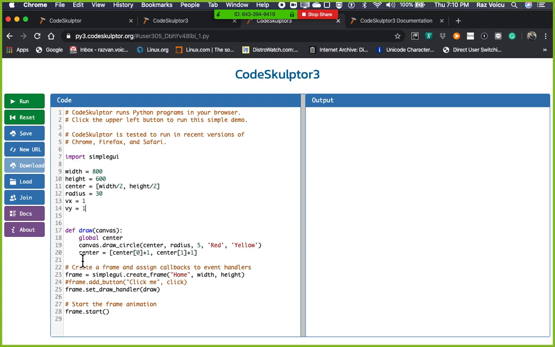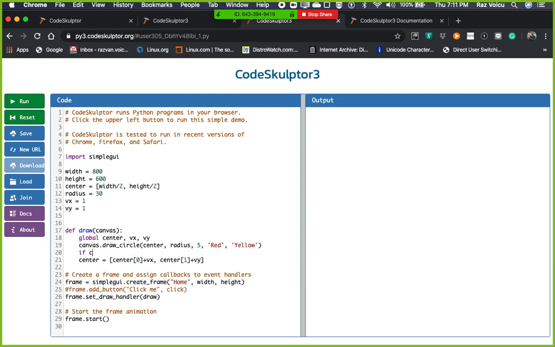So instead of moving the center by increasing it by +1, we're going to move it by plus vx and plus vy, and then we're going to detect the boundaries and change vx to be minus vx. So vx becomes -1, or vy becomes minus vy, right? So when this is happening, I'm going to have global center, global vx, vy. All right, so I am going to start checking if center